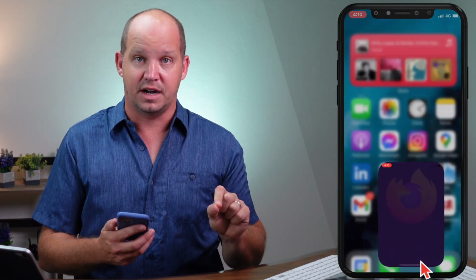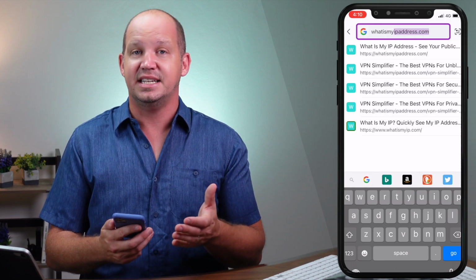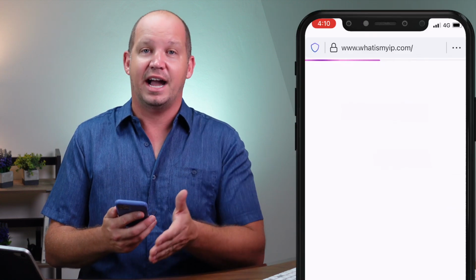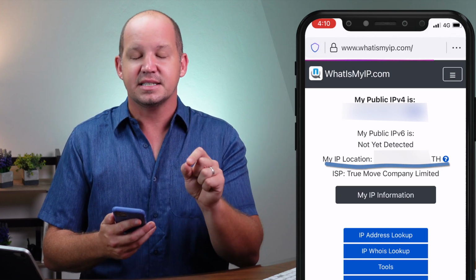Now, what's really interesting is that if I were to access through Firefox, which is the browser that I normally use to access the internet, you're going to see that my IP address is my actual IP address in Thailand. I'm going to blur it out, obviously, but this is my IP address. So what I'm saying here is that all internet traffic does not get encrypted and routed through this privacy relay when you're using Privacy Relay. Only the stuff that you do through the Safari browser is what gets encrypted and sent through the relay. Now there's pros and cons to this.